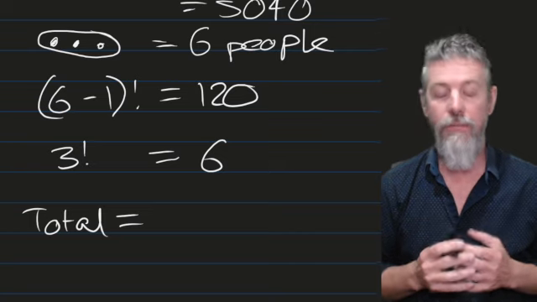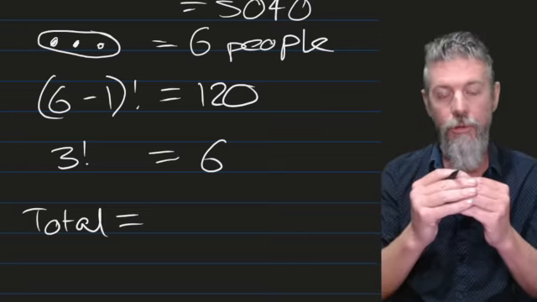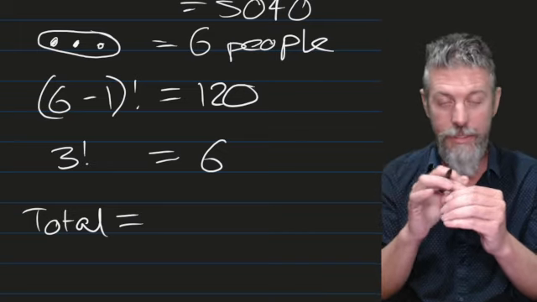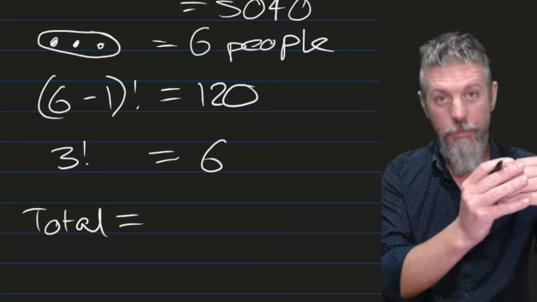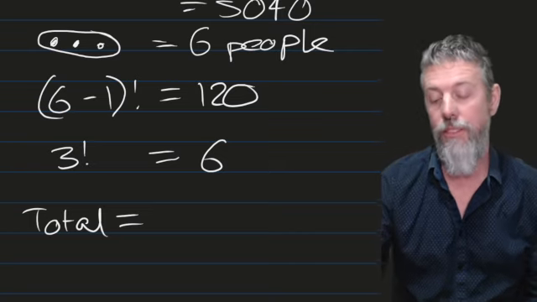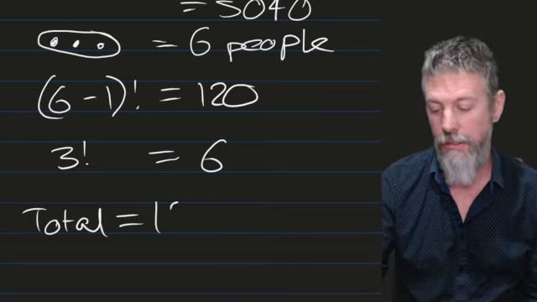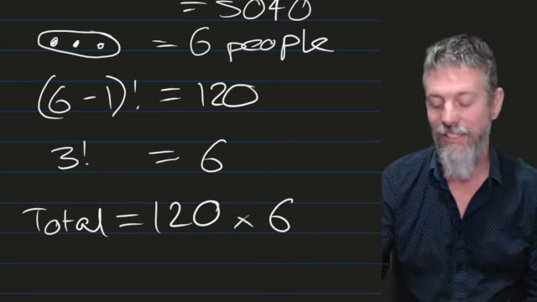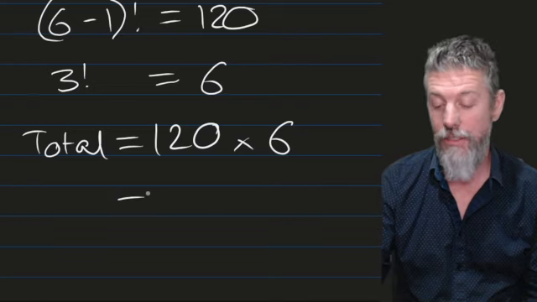You have to times them because every single time you move that family to a new spot, then they could sit in 6 different ways in that spot. Then you move them to the next spot. They could sit in 6 different ways in that spot. So for every spot, there's 6 different ways. So we do 120 times 6, and we get